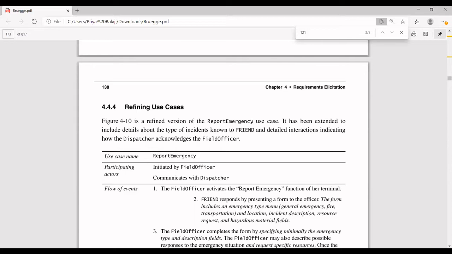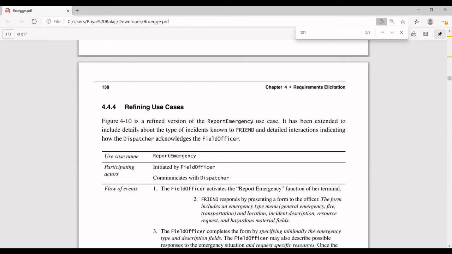So all these things have to be done in your use case. Now, once the use case is done, next I'm going to refine my use cases. Whether I have to refine them depends: if you feel as a project manager that you have already done your use cases with the maximum information, and you don't want to give any further information to the developer team, that means the people who are going to create the source code, then you don't need to go for refining use cases. But if you have missed some points to be entered, then you can refine the use cases.